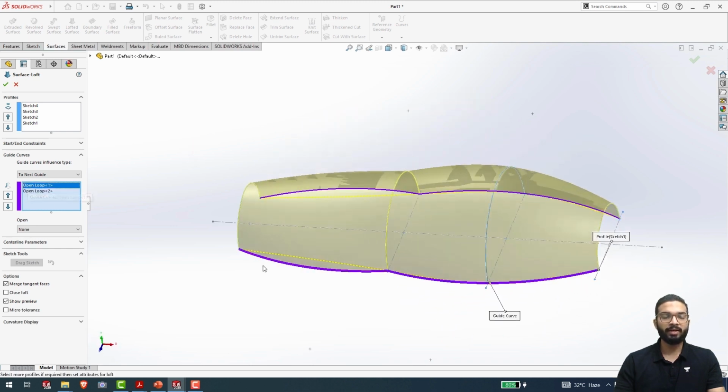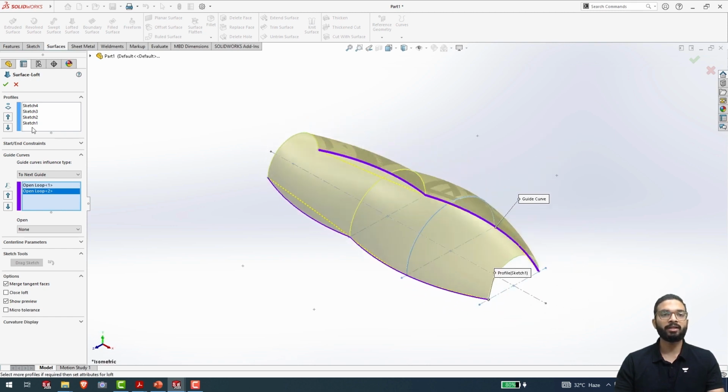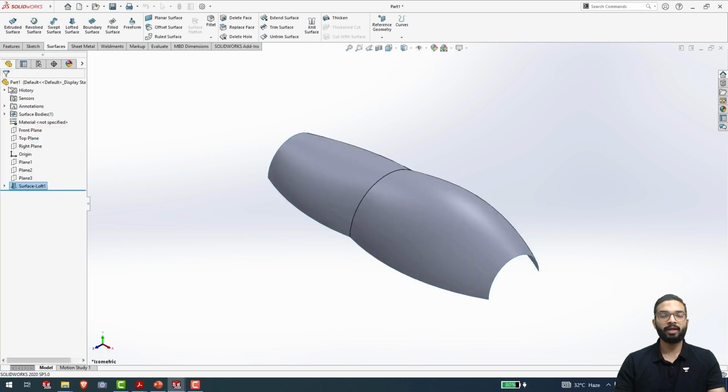It has taken this guide curve as one complete guide curve, calling it open loop 1, and this one as open loop 2, considering it one complete guide curve. Once I have done this, I will now simply click on OK and generate my profile. You can see here, with the help of lofted surfaces, I have created our base feature. Now we will move ahead and create our